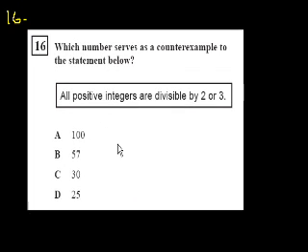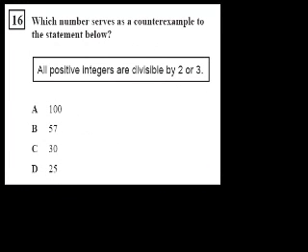Problem 16. Now, what do they want us to do? All right, I think this is one I should copy and paste. Okay, now they're telling us, let me pick a good color, which number serves as a counterexample to the statement below. So a counterexample, an example that shows that this isn't always true. So the statement is all positive integers are divisible by 2 or 3. So we just have to find a positive integer that is not divisible by 2 or 3, by neither 2